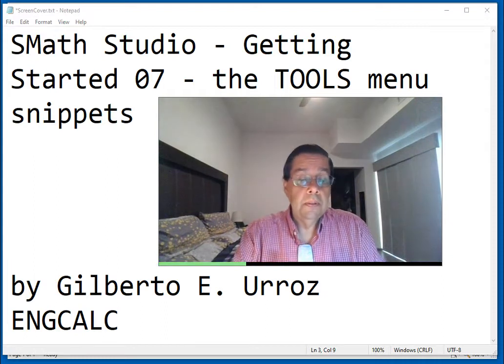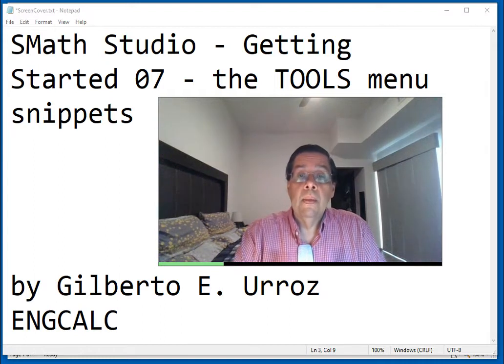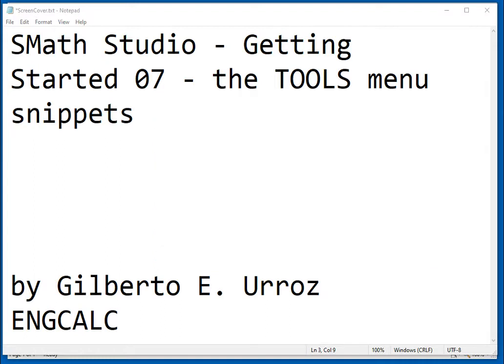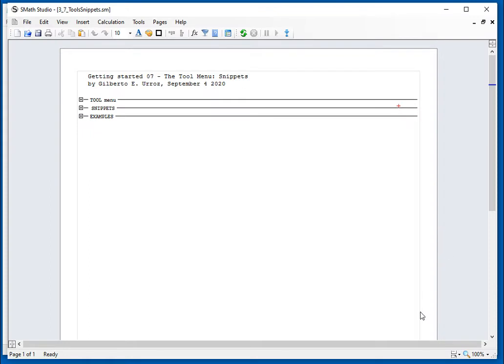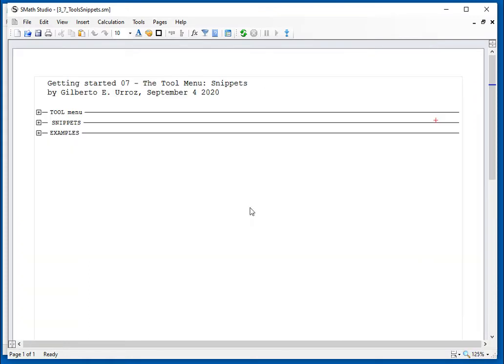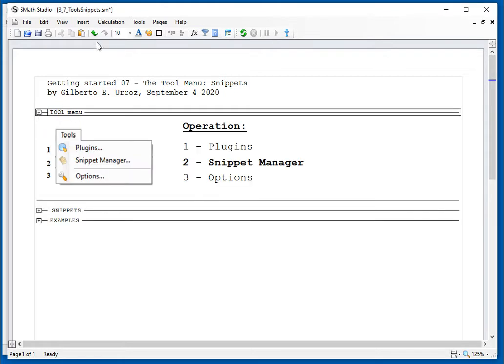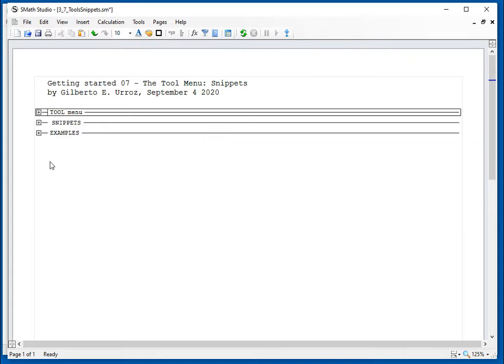In order to demonstrate the use of the snippets, we're going to use this SMath Studio file, which I'm going to increase to another 25%. In this file, I have this area that describes the tool menu. It's actually a very short menu. We can see it from here. That includes the plugins that I mentioned before and the Snippet Manager. And so we're going to work with snippets